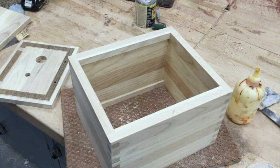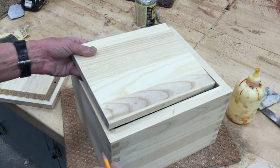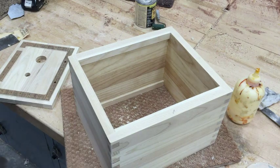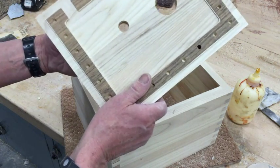Okay, we've got the back. We know this is the way the back goes. The ones are going to line up together like that. Put an arrow going in, make sure it's going the right direction. Now we've got to fit the front, and the front is